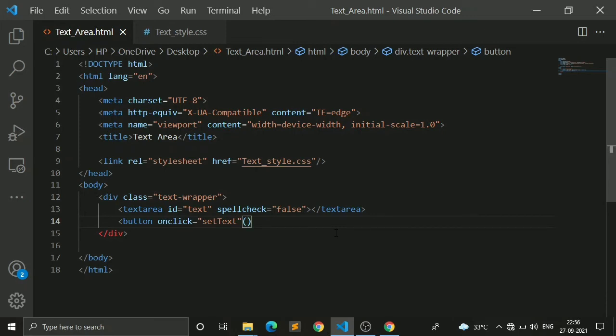So first of all, I will refresh the browser. Then you can see that a simple button is created, but it doesn't have any property over here. So it is not taking it, so I will copy and paste it over here. That is okay now.